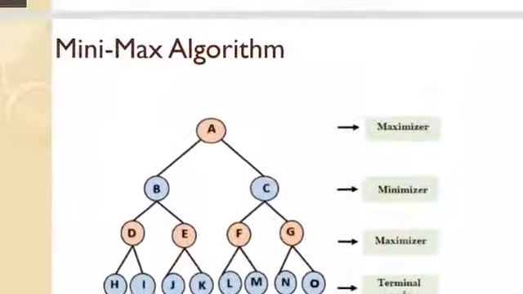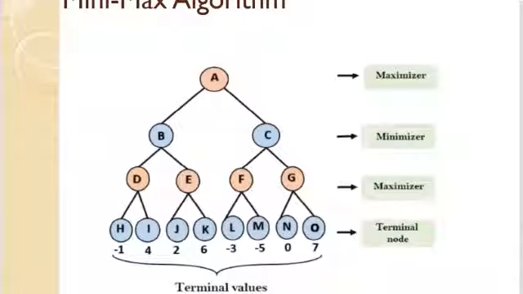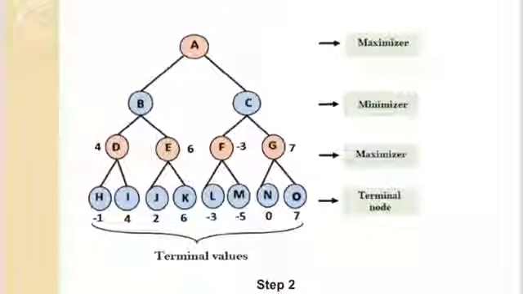Next we will discuss this with a suitable example. Now we have -1, 4, 2, 6, -3, -5, 0 and 7 at the terminal nodes. And how are we going to evaluate it? That is maximizing, then minimizing, then maximizing. Okay, for step 1,